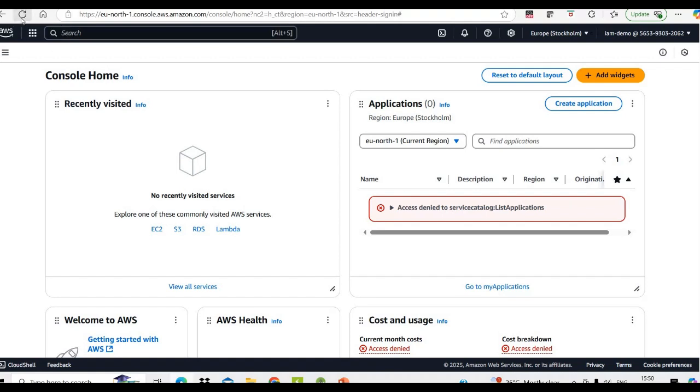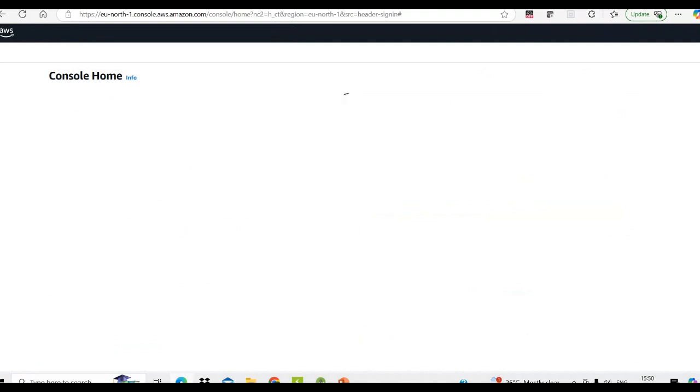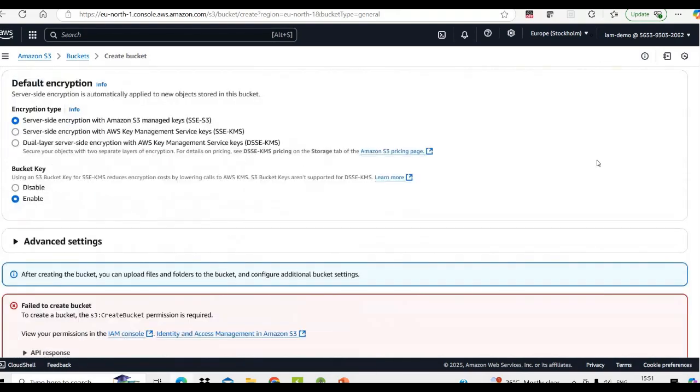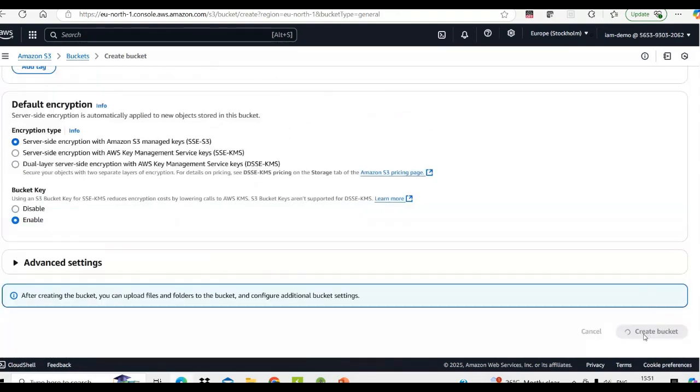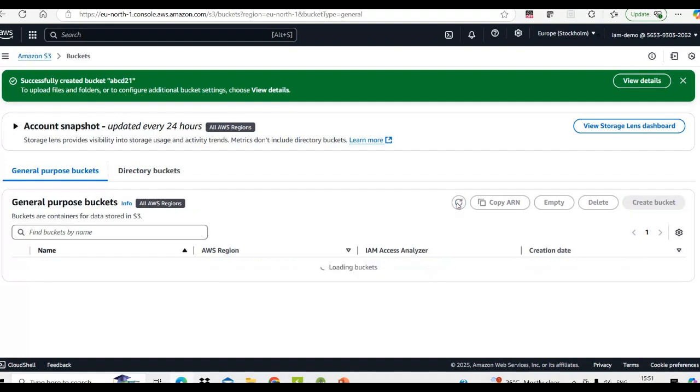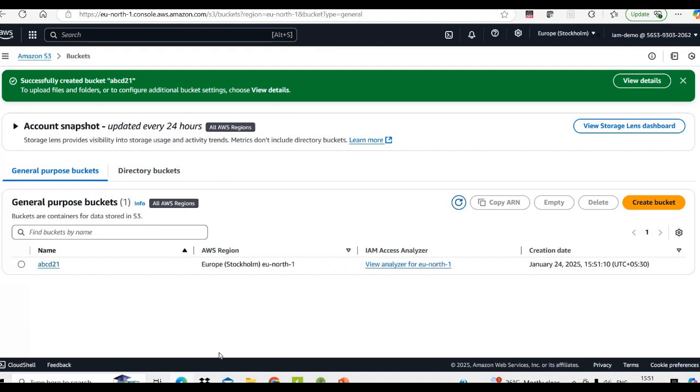Refresh this one. Go to S3 bucket. Again, we want to create. Now I will click on create bucket. So here we can see the name ABCD21, right? So using this name, the bucket is created successfully. So this is how in IAM we create the user and how to add the attached policies. So the next thing is